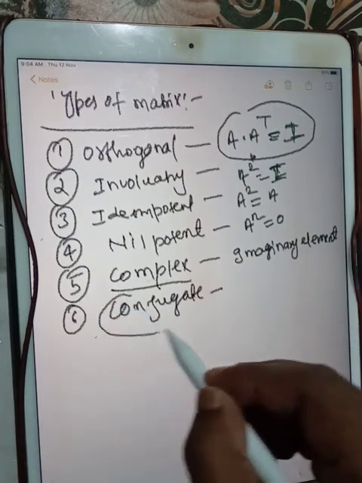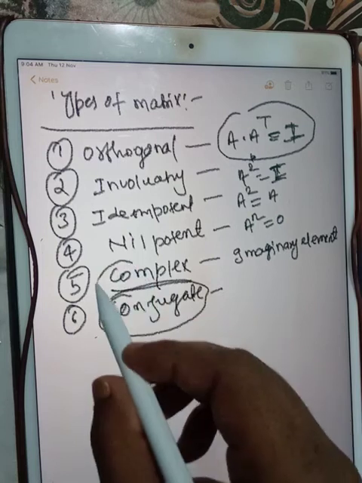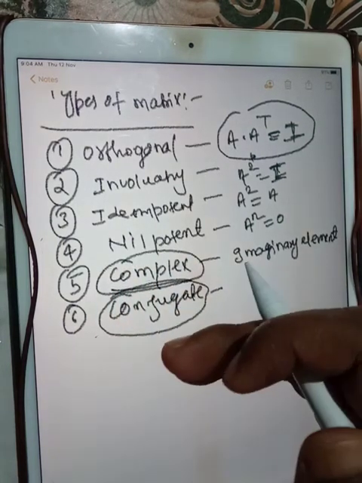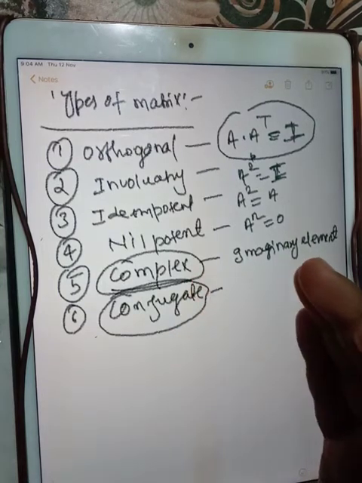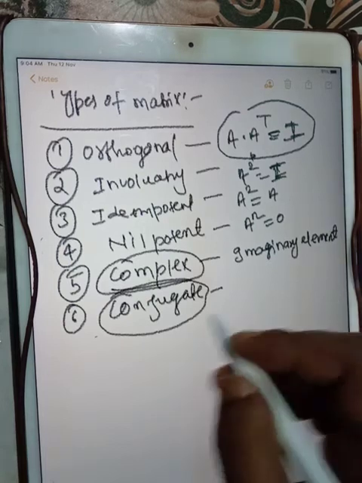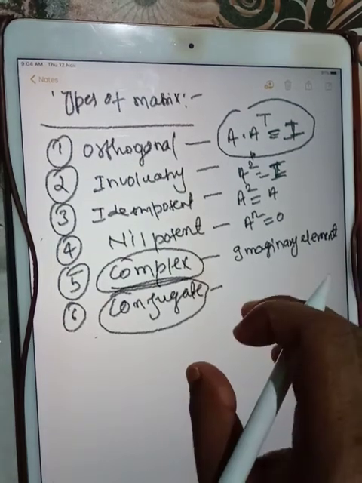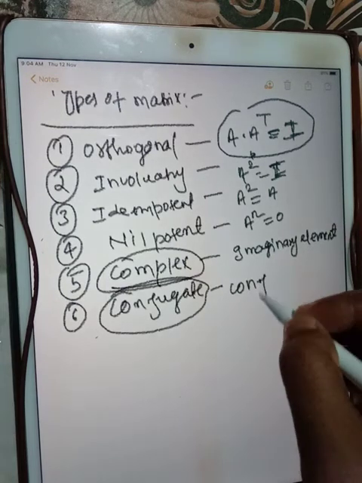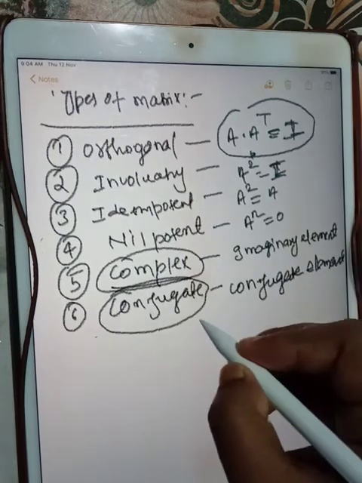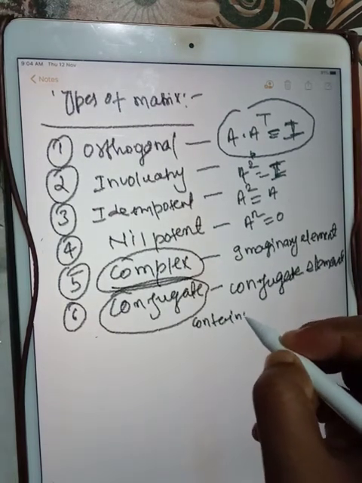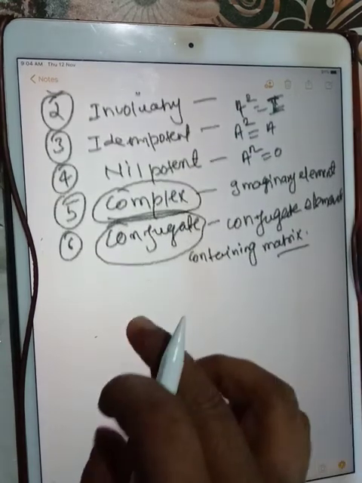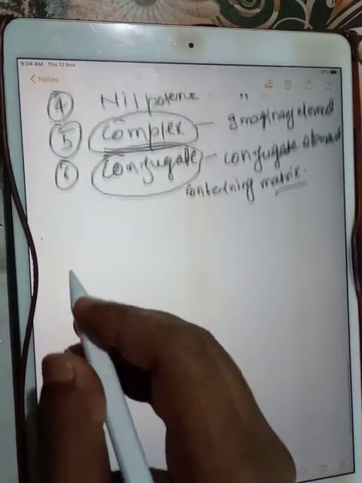Okay, it means if we are asking about a conjugate matrix, then a complex matrix is already given, because we have to find the conjugate of the elements of the complex matrix, and after taking the conjugate of those elements we have to write them in matrix form, and that will be the conjugate of the matrix. So it's clear: a matrix containing conjugate elements.